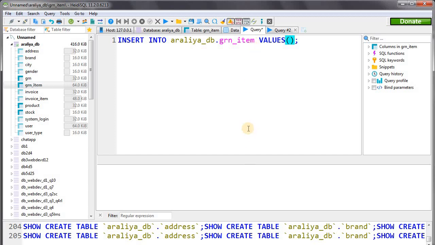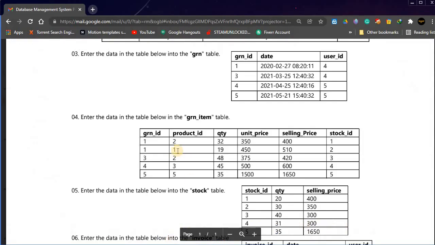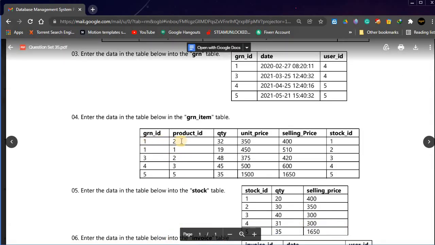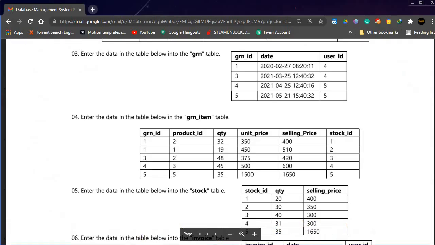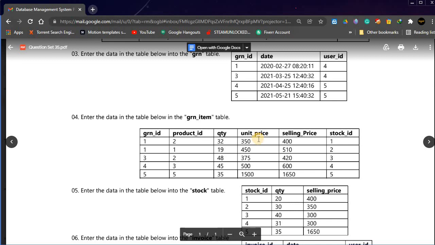And here is the first query: GRN ID 1, product ID 2, and quantity 35 and unit price is 350.